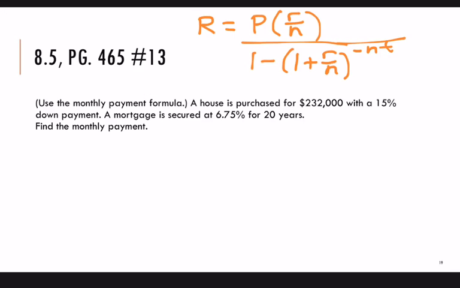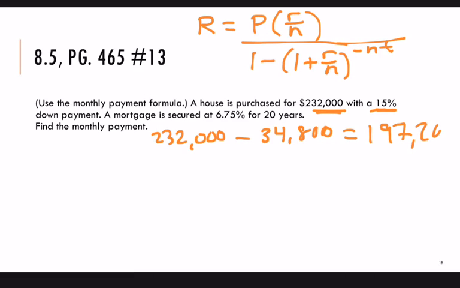We want to figure out the principal for the mortgage, so we have to subtract the down payment. If you take 15% of this number, that's $34,800. And if you subtract that from the cost of the home, that gives you the principal of the mortgage, $197,200. Okay, so then we have